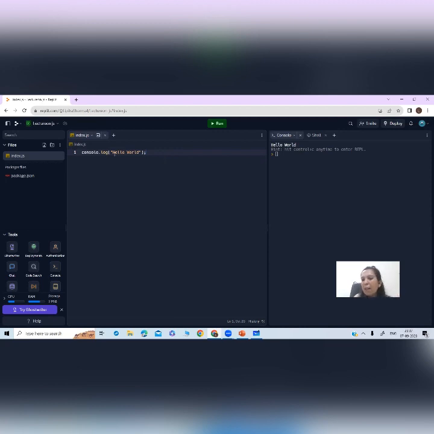Now, why have I written hello world in double quotes? Because it is characters, and characters are known as a string, right? So that's why it is here. If I write a numeric value, what will happen? I'm going to write here console.log and say 5. Will it work? Hello world and 5. So it's basically a print command. The computer doesn't know what you are writing. You can write whatever you like.